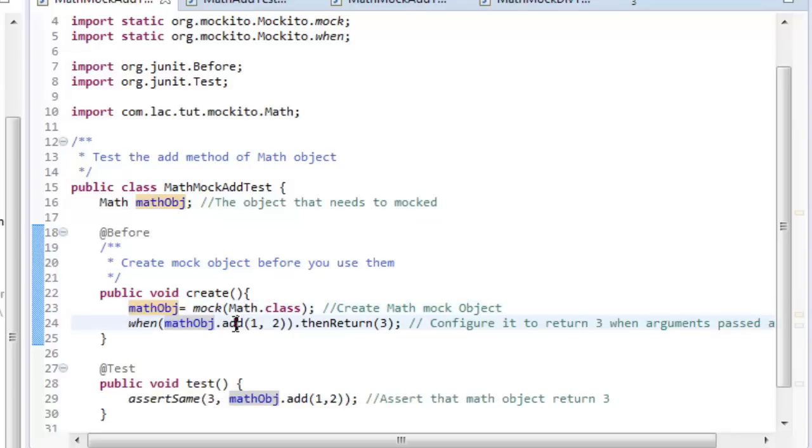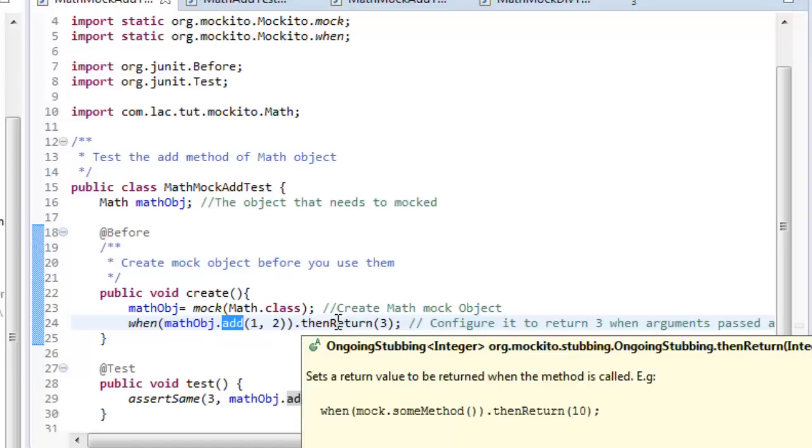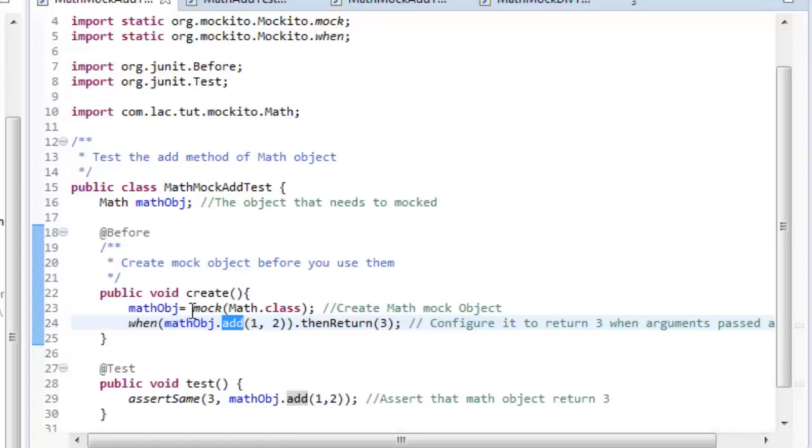Then you have to define the behavior of the add method. For the add method, when you pass arguments 1 and 2, the add method should return 3 as a result.